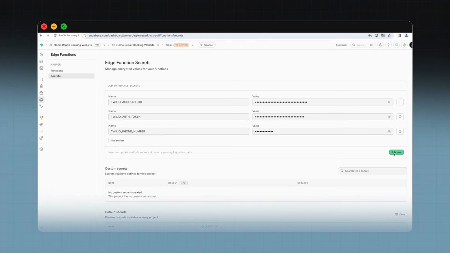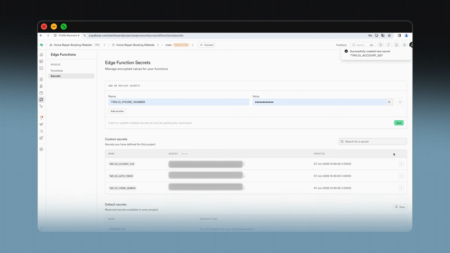Once everything looks right, click Bulk Save. Supabase stores these as edge function secrets, and just like that, your Twilio credentials are safe inside Supabase. At this point, if you only want to text the customer, you're done. You can stop here. But in this setup, I also want the business owner to get an SMS whenever someone